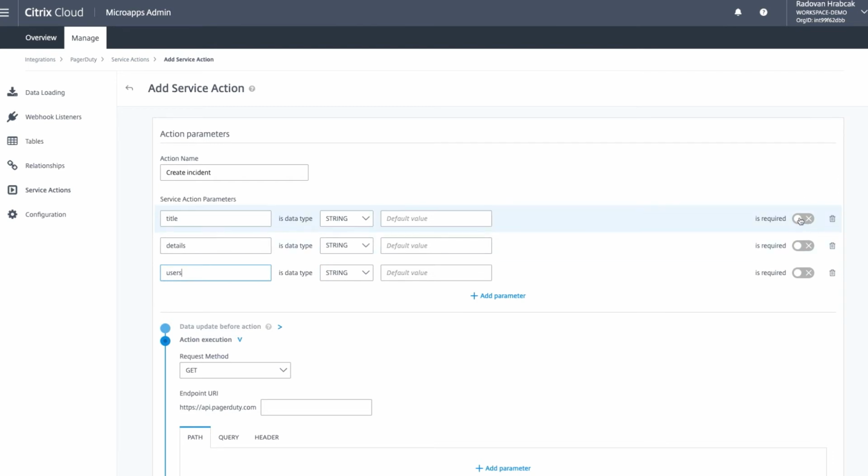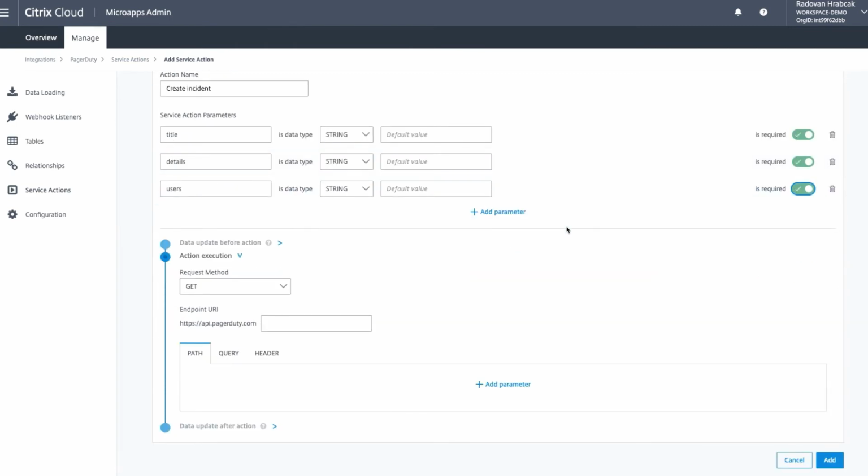I want all those 3 to be required, and that basically means that I will need to configure my form so that I will be checking if those parameters are filled in, to prevent the unnecessary end user disappointment of submitting a half-filled form. So let's choose the request method, which is post in that case, and let's give the endpoint URI name,